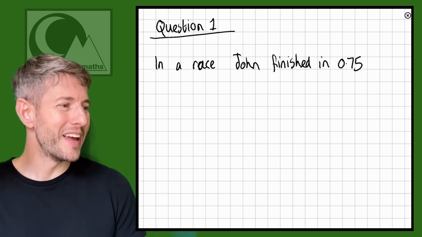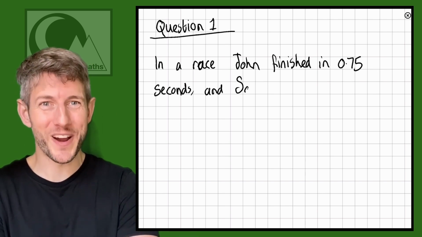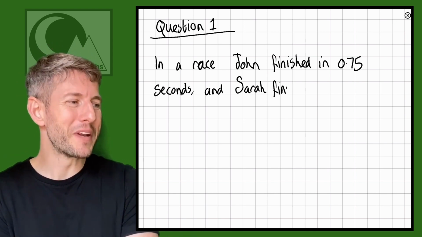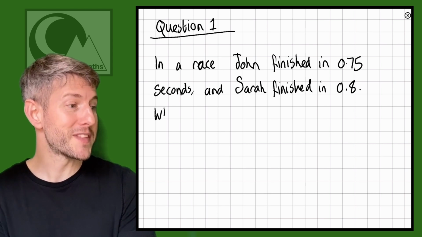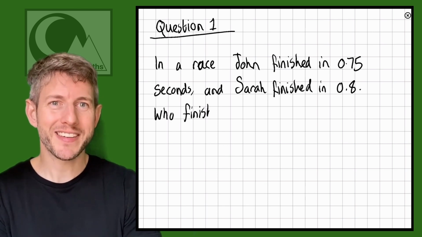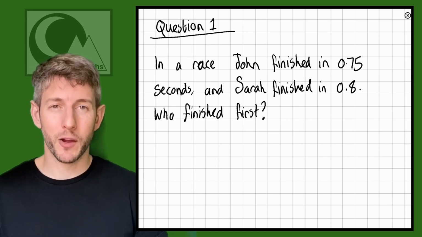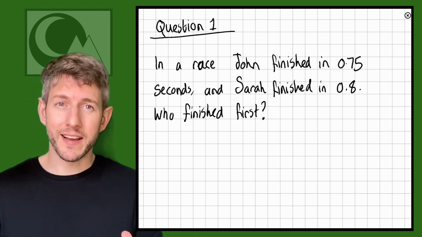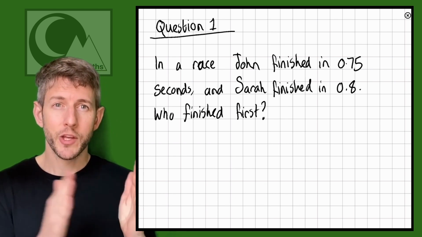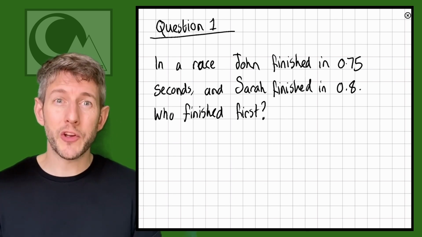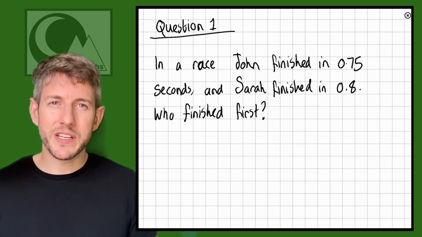Okay, let's have a quick look at a question using context. So here are the questions. Question 1 says, in a race, John finished in 0.75 seconds and Sarah finished in 0.8 seconds. Who finished first? Okay, so context, it's a race. Races mean you want to do them as quickly as possible. So we're looking for which decimal is lower, which is the quickest decimal,